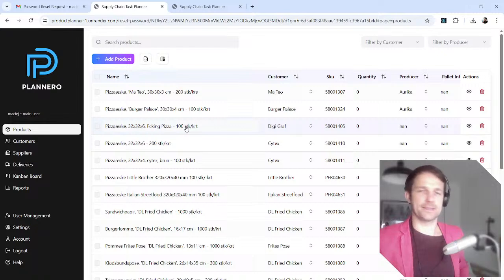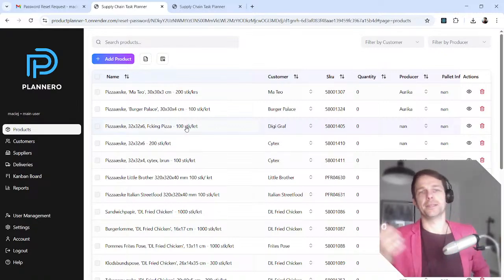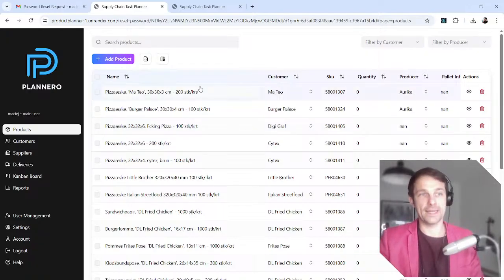Yes, there are multiple applications that can manage deliveries and products, but people still use Excel. Like 68% of people still use Excel.